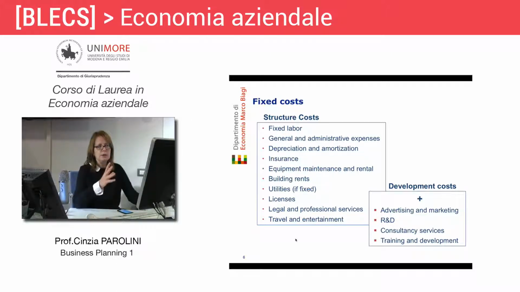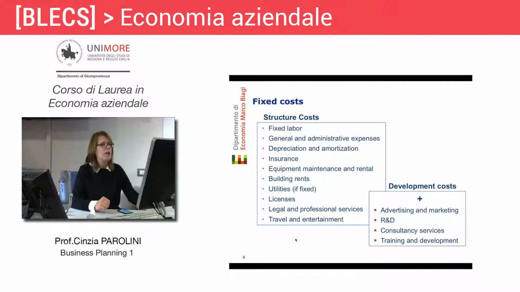Okay, this has not been explained yet. We will do it later on. Anyway, just to give you an idea, depreciation and amortization is the part of the cost of the fixed assets, which is considered the cost in a given